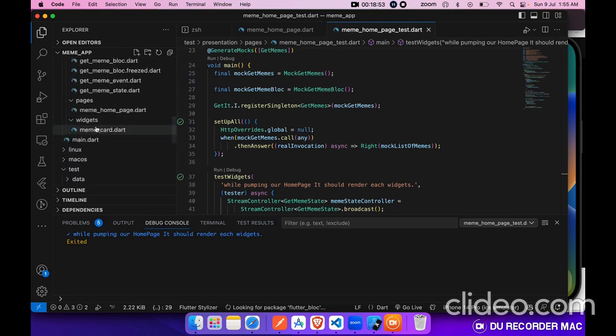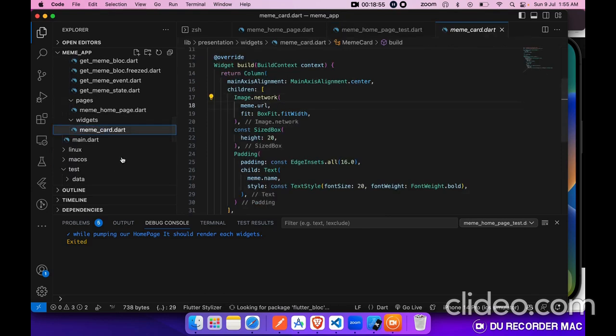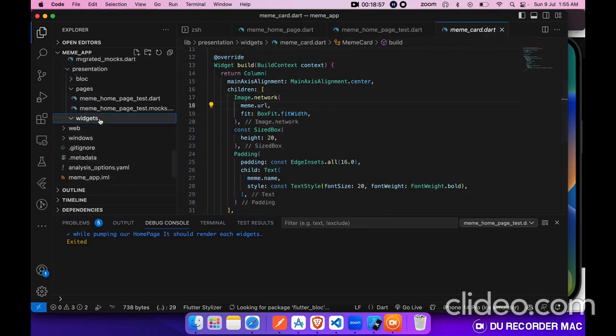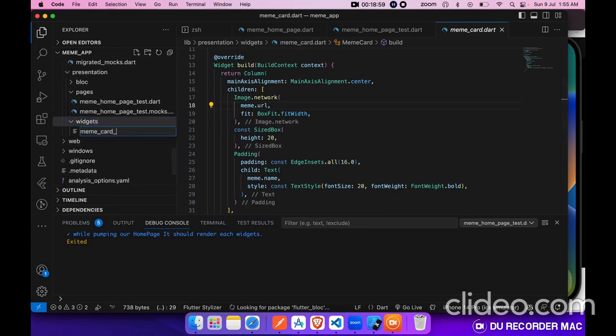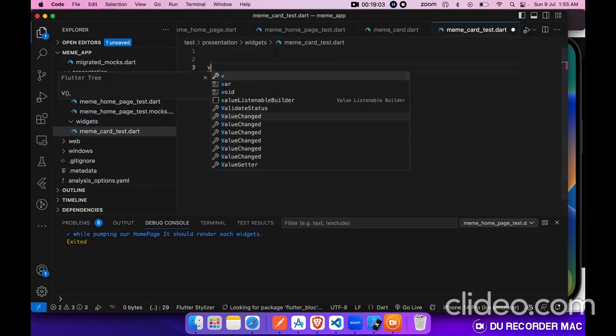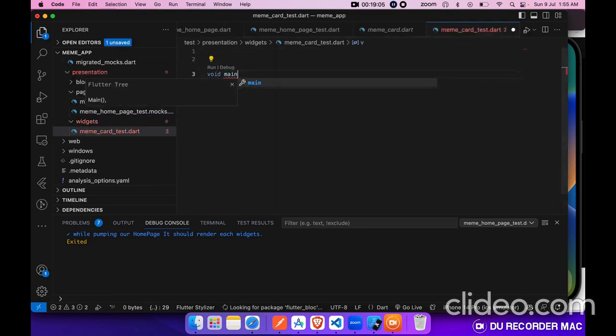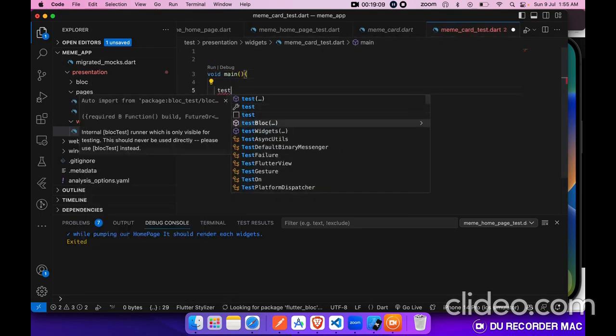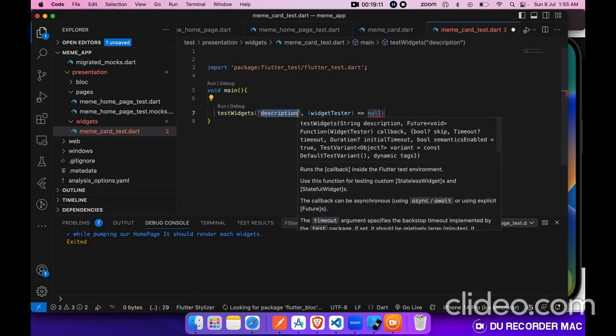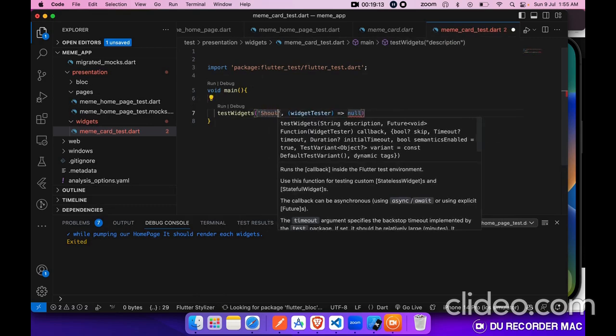We have one widget, that is meme card. Let's create a meme card test dot dart. Let's create a test file, void main, test widget. Let's give a description, should render